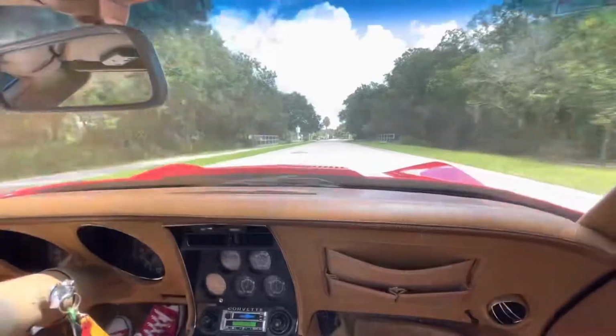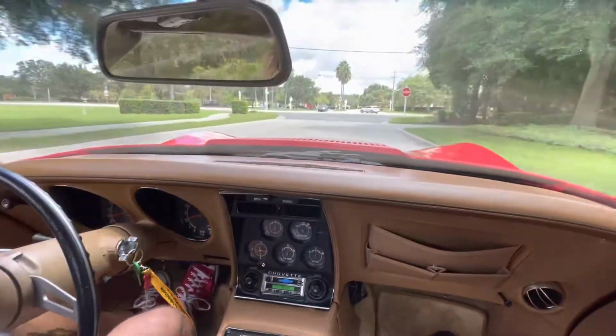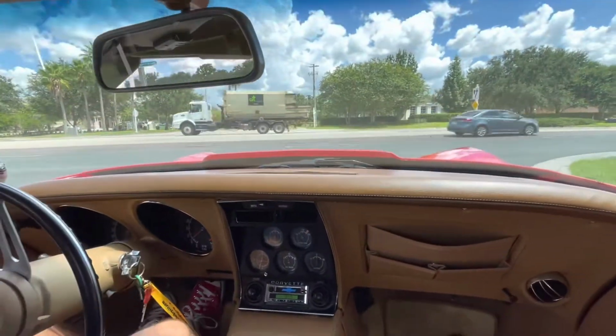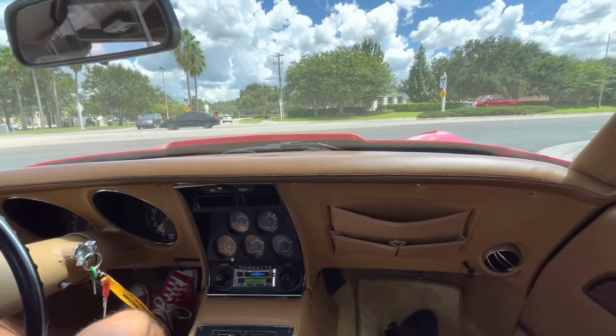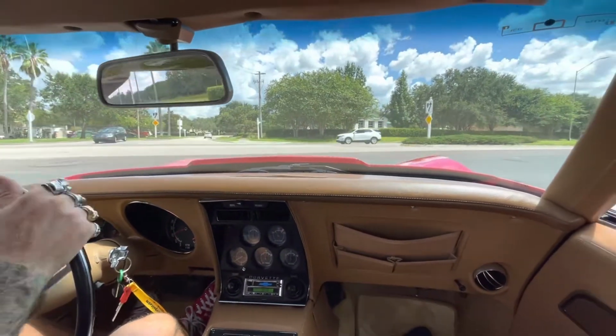Beautiful. 3-speed? 4-speed. Nope, 3-speed. 3-speed. Brakes feel good too? Yep, brakes feel great. Awesome. This is a beautiful, beautiful Corvette. So come see us at Skyway Classics, and next we will spin it around, get it up on the lift, and take a look at